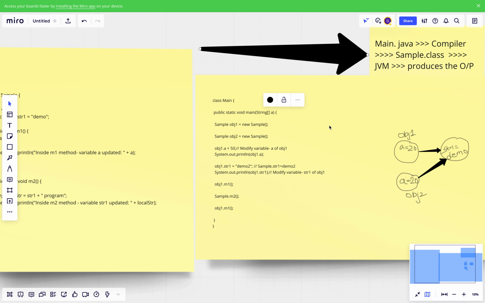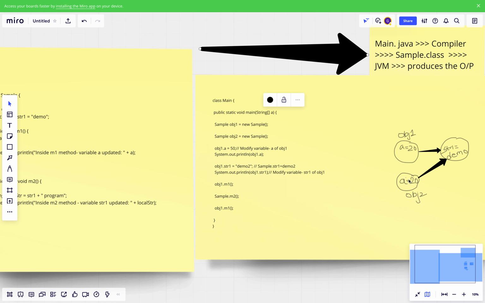So first your class is loaded, then the objects are created. Once your classes are loaded, the JVM will check whether you have declared or defined any static variables in your class. If yes, those will be created and initialized first, and then the objects are created.